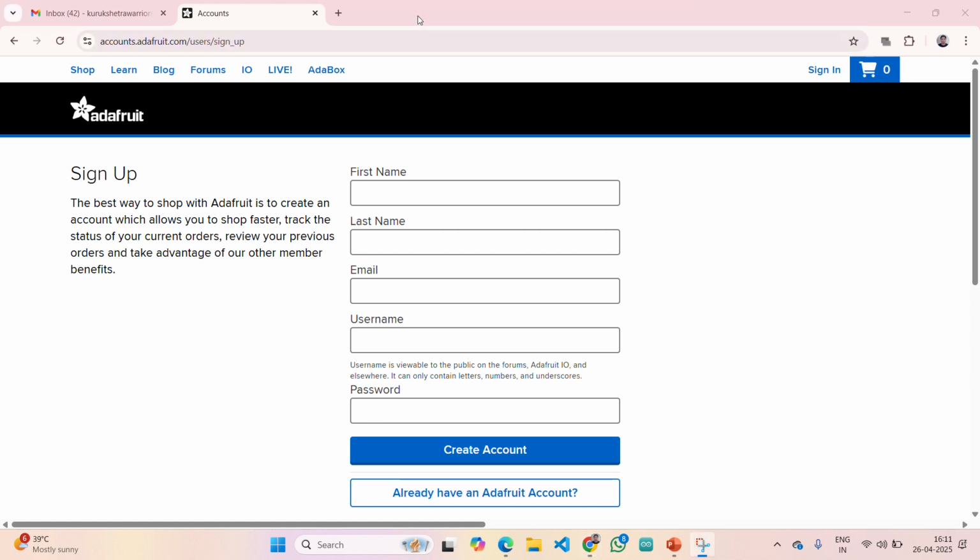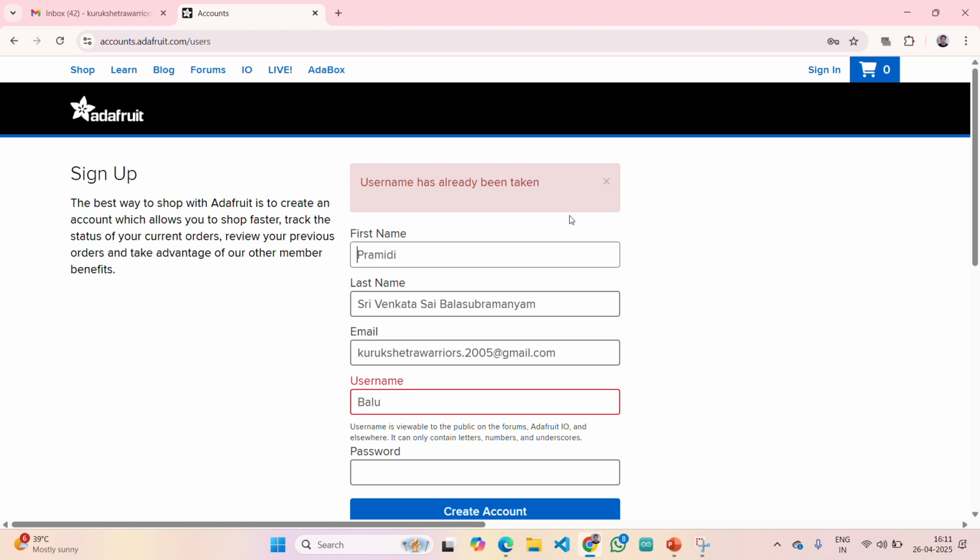Again, you need to give all your details: first name, last name, and next is mail ID. Let me hide the password. Once you enter all the details, click on create account.